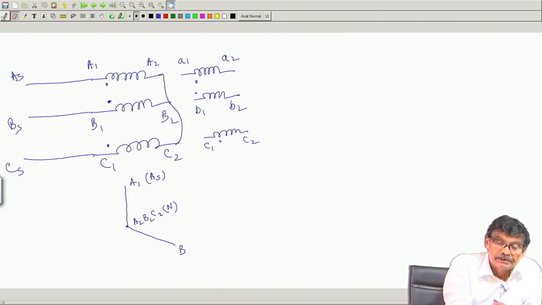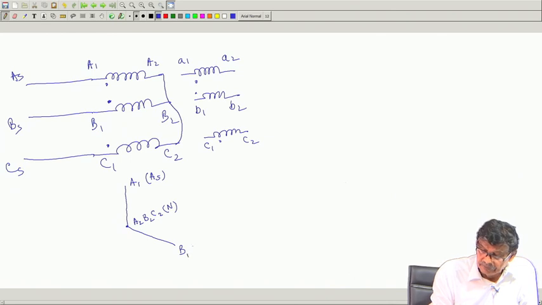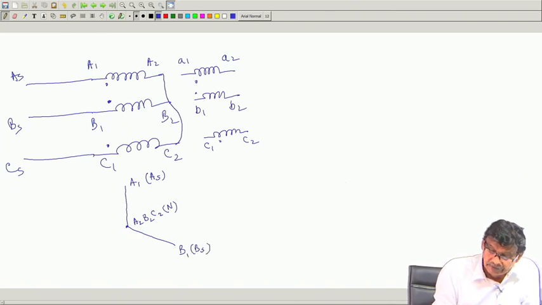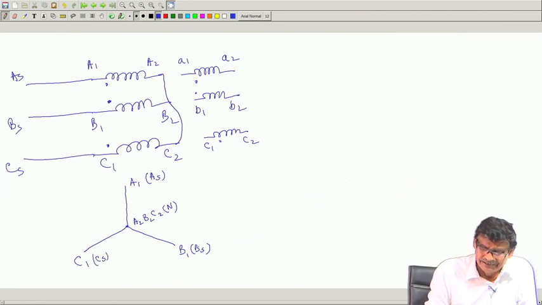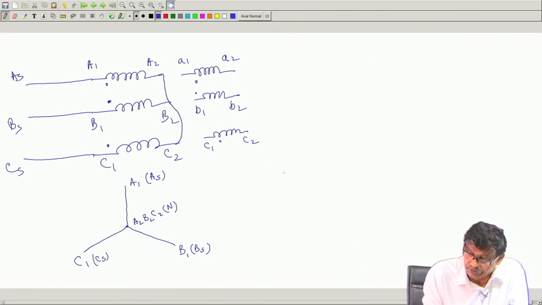So, this is capital B1, which happens to be the same as supply B S, and these are 120 degrees apart. C1 is also C S. Generally we may avoid A S, B S, C S. And in the secondary, as I told you, suppose I have not connected anything,